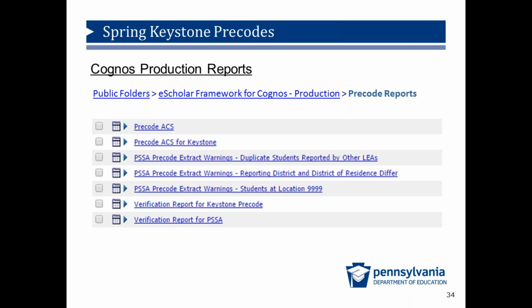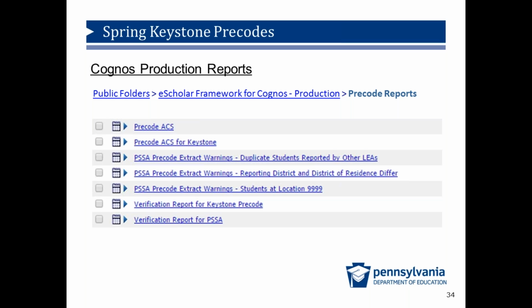As mentioned earlier, there are two sets of reports in production. We discussed the pre-snapshot for Precode production reports, and now we will look at the Precode reports in production. The first report is the Precode ACS, which can run after the internal snapshot is taken. The report does not specify that it is for the Keystones because at one point it was used by ELL as well.